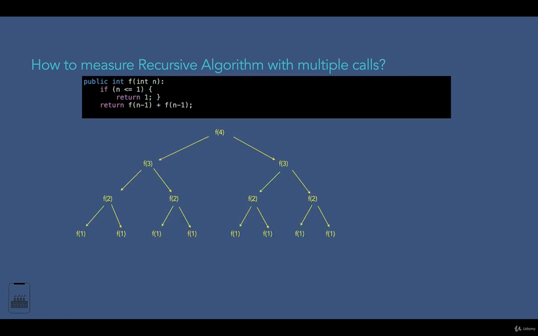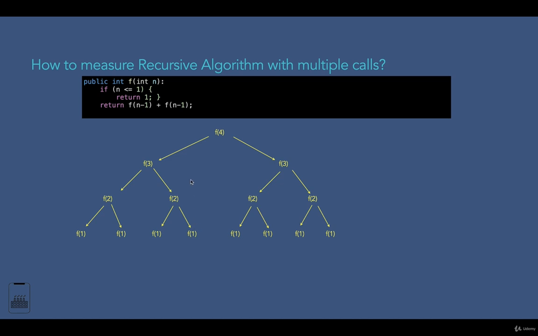Suppose we call this function for the parameter of 4. When we call this function with the parameter of 4, it's going to call itself twice with the parameter of 3. Then with the parameter of 3, it's going to call itself twice over here and over here also with the parameter of 2. Then with the parameter of 2, it's going to call with the parameter of 1 8 times over here. So how many calls are there in this tree? You don't need to count them, because if you do so, you will get 15. So what does this number tell us?